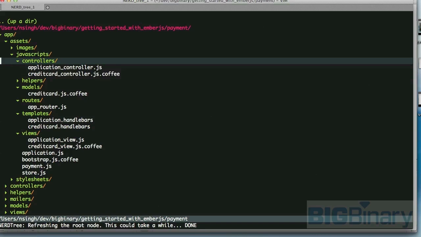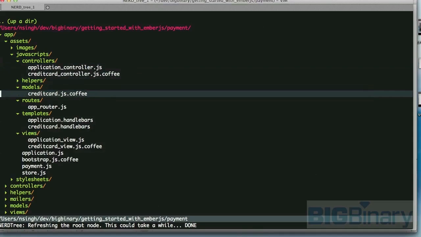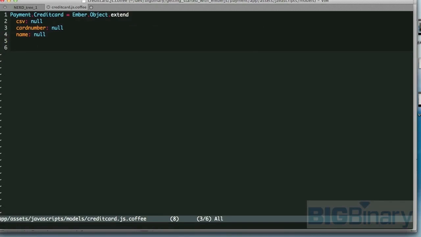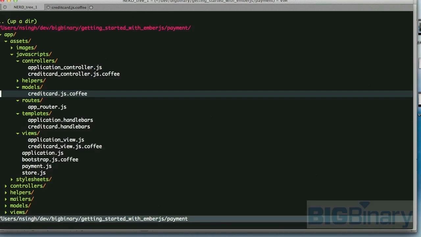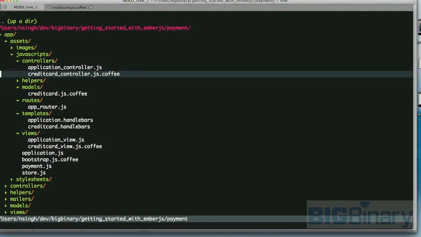So here is our application and we want to add validation logic. In Ember.js applications, most of the business rules go to the controller. Let's take a look at our model. This is a very simple model and we don't need to add any validation logic here. To add the validation logic, we would go to credit card